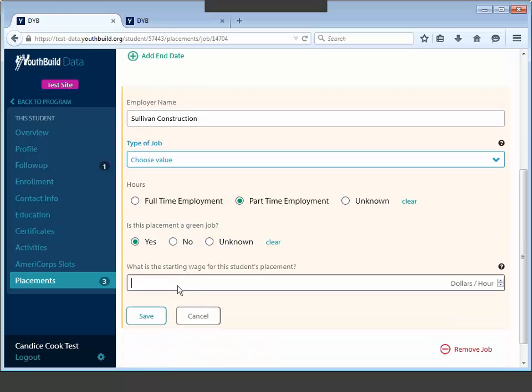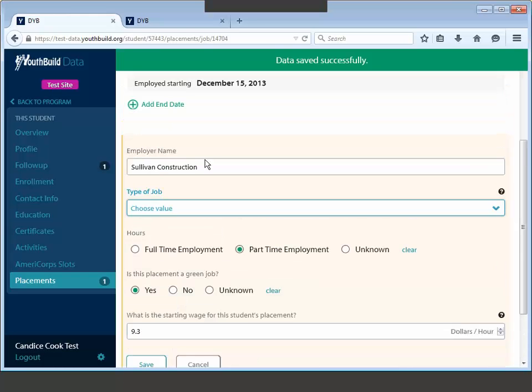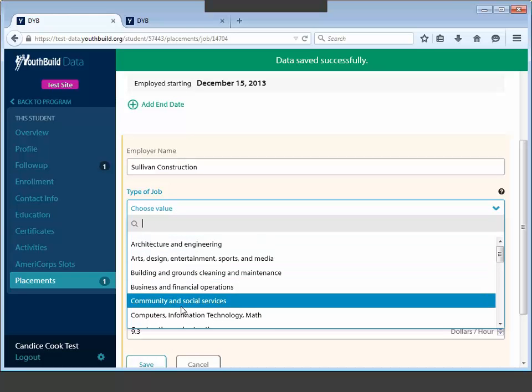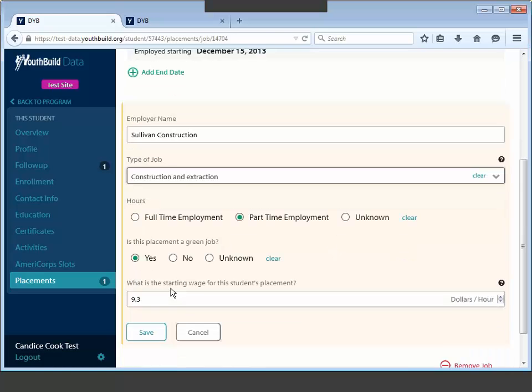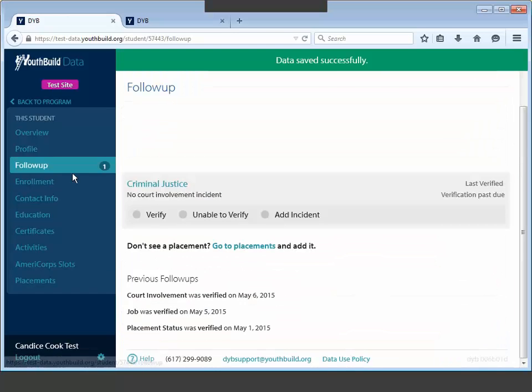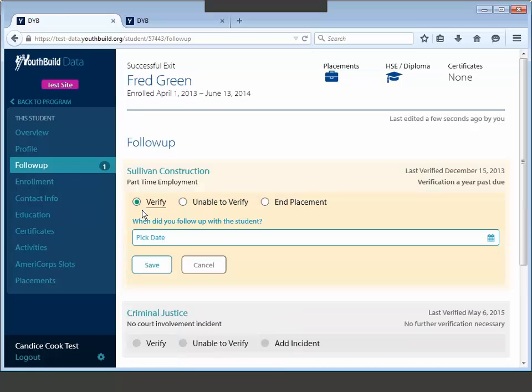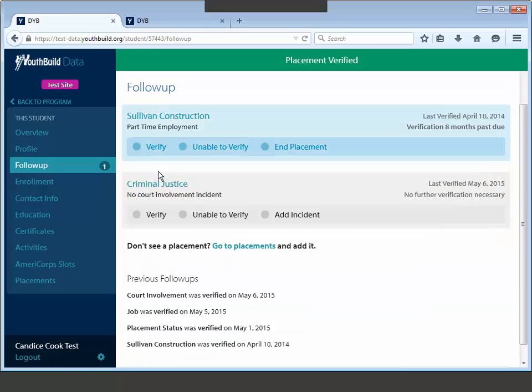And so what we're doing is we're getting our data ready for verification. And data verification is how your program lets YouthBuild USA know that the data in DYB is accurate and complete. So again, we've addressed all of our issues, or we're on our way to doing that now. And we're looking at all of our groups of students to make sure that there's no issue counts there. We're also checking those groups of students on the